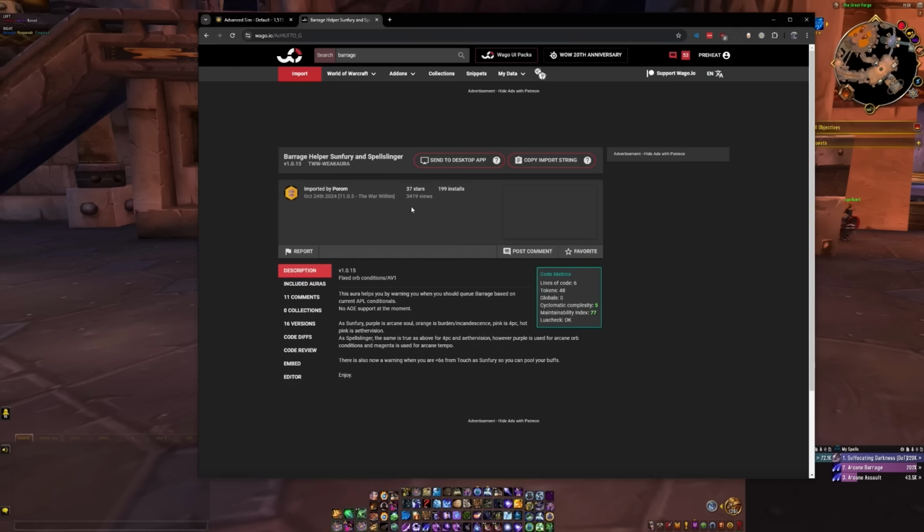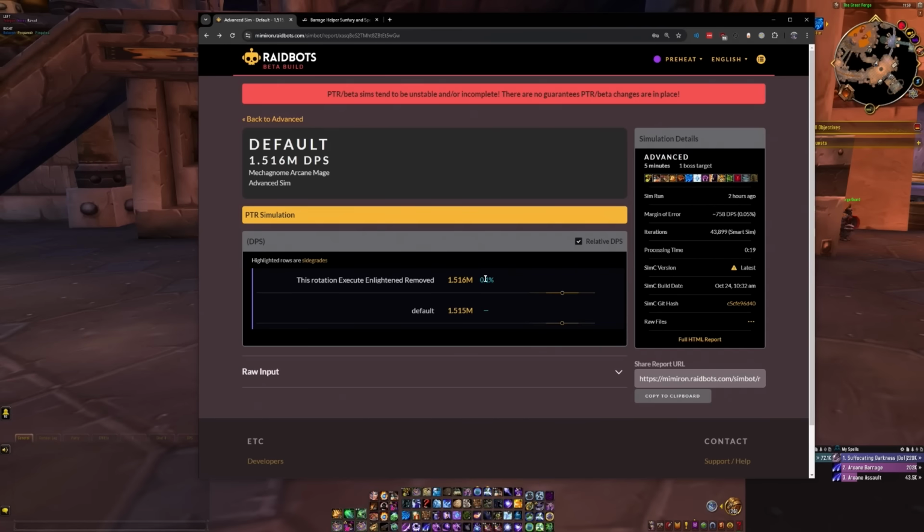If you're having trouble with it, Porom also has a really awesome Weakaura that shows when to Barrage. It just says Barrage now, but just be aware that this goes off of the cases from the default APL. There are some changes I've seen some other players suggest that seem to be just as good. The damage seems exactly the same here with the more simple Barrage cases that don't account for Execute or Enlighten